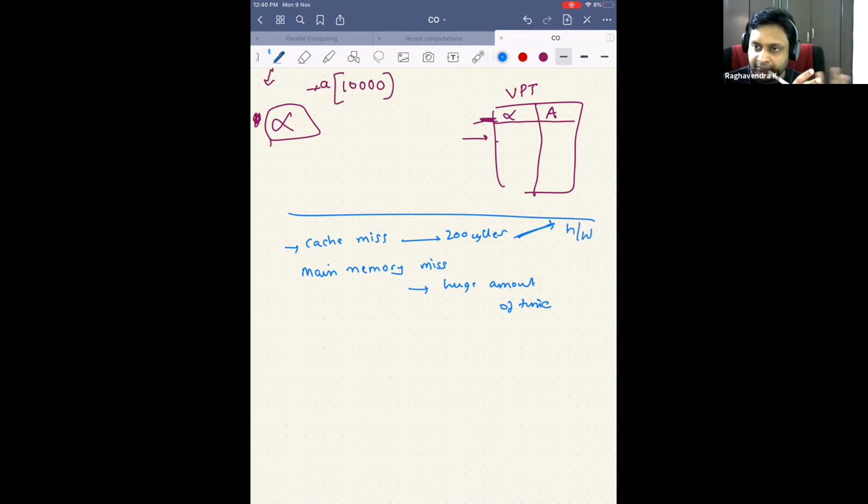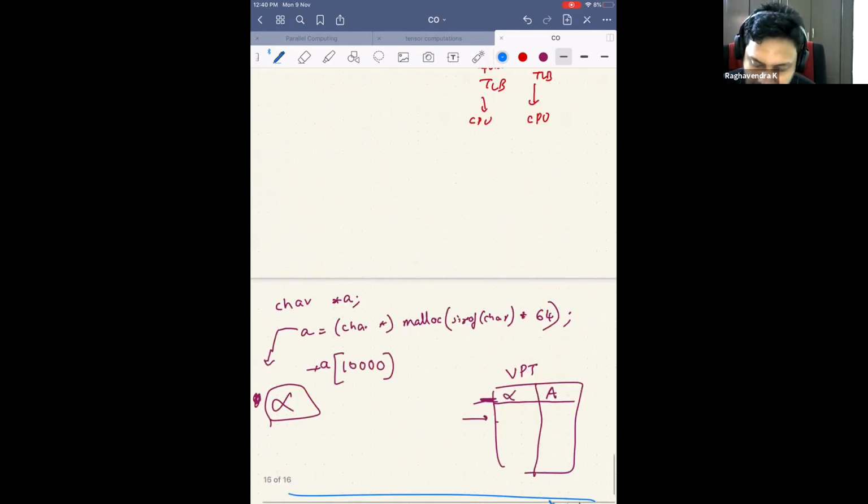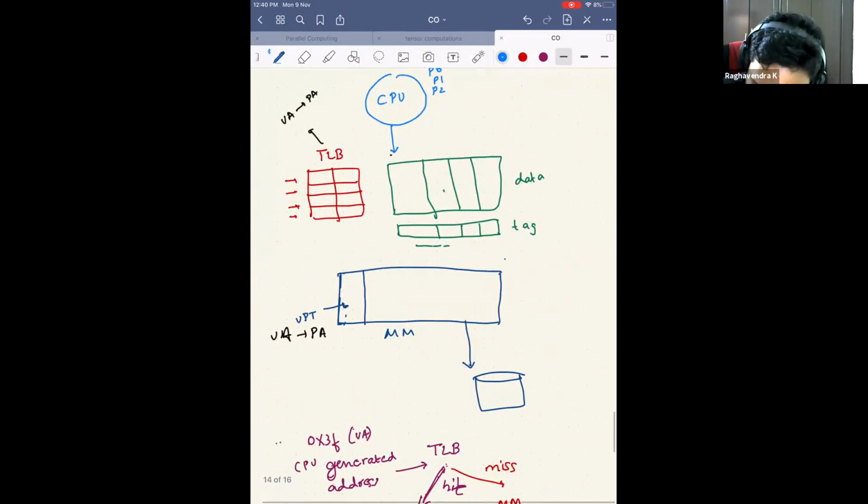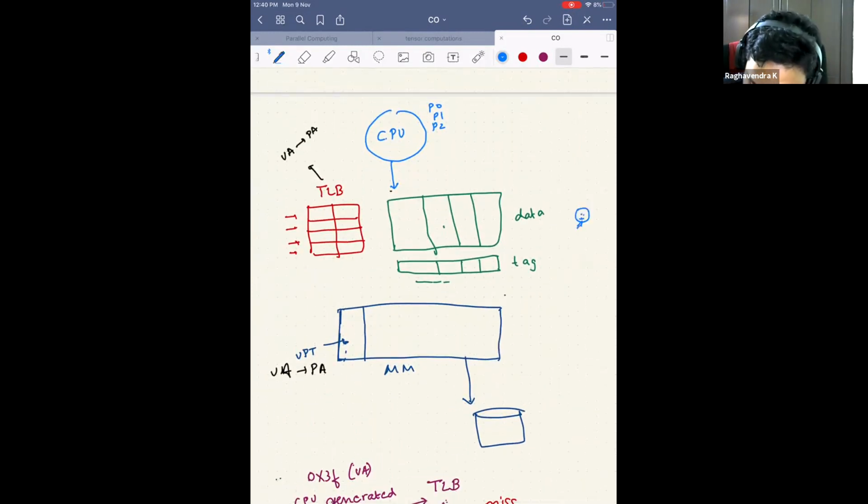So we have a hardware called the cache controller, which figures out that there is a miss. Where is the cache controller? The cache controller is sitting here, a small thing sitting here. He is looking at it and saying, hey, this tag was not there. The CPU generated an address and asked, do you have this address? If the address is not there, he will go to another unit called the memory controller. So this is entirely handled without even contacting the operating system, right?